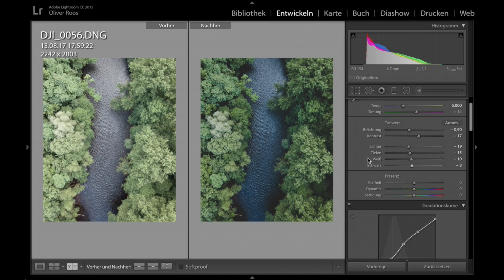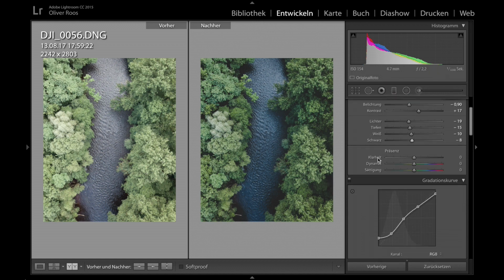And now to the next step. There's the clarity, dynamic and saturation. That's an important part in my workflow. First of all, I want to increase the clarity on the picture. If I do it all the way, you will see what happens. We get a little bit more contrast and clarity. You see here the sharpness of the picture increases dramatically. So I want to have this sharpness, so I go all the way up to maybe